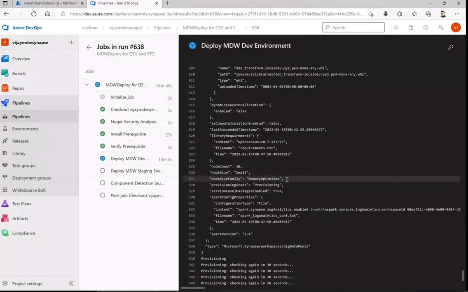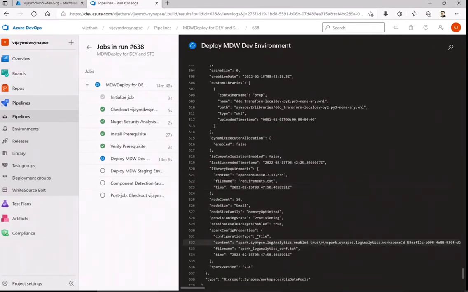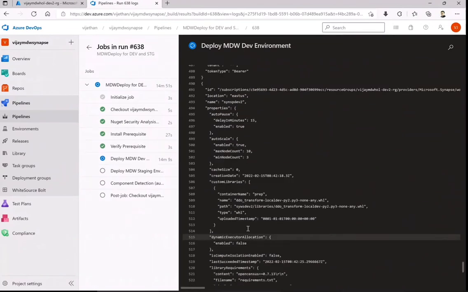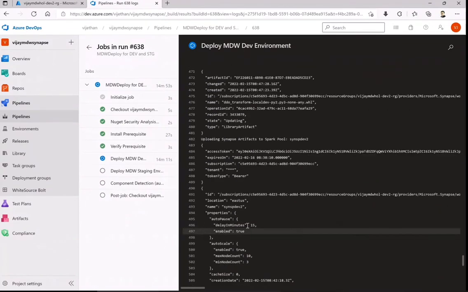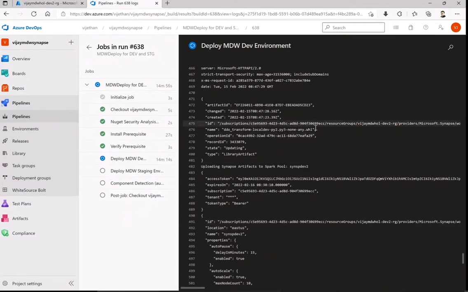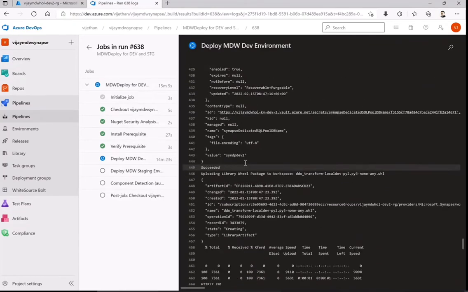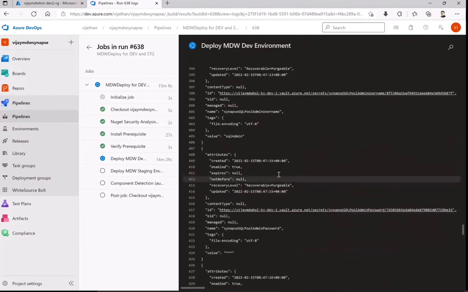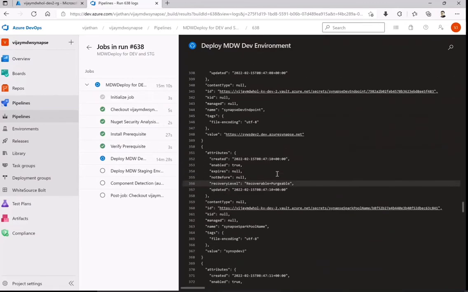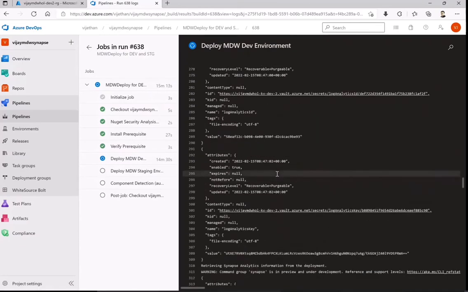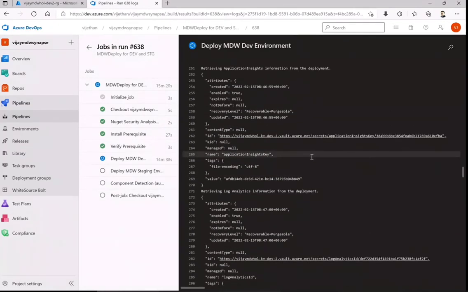Meanwhile, just look at what exactly it is doing at present from the previous logs. This was a wheel package. It got uploaded as a library artifact in the workspace. This is the size of that. Before we fetched the key vault details, we also had the log analytics ID fetched at runtime.